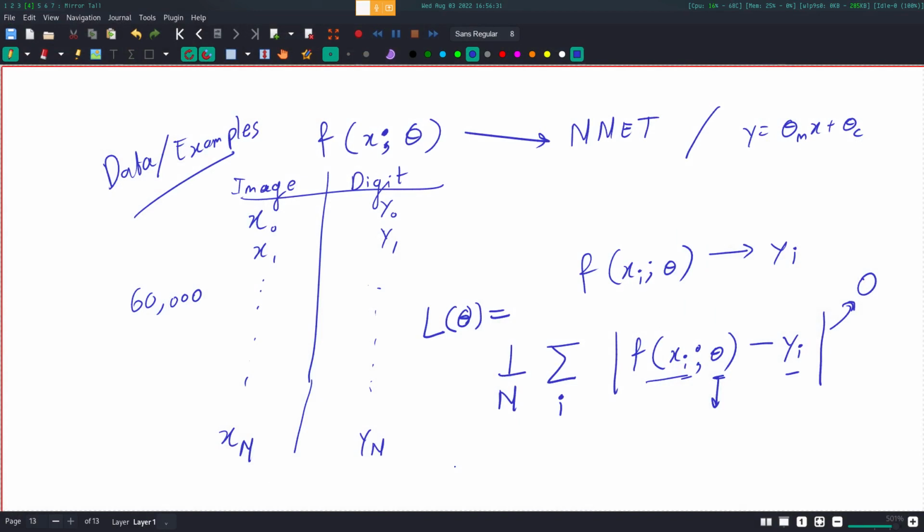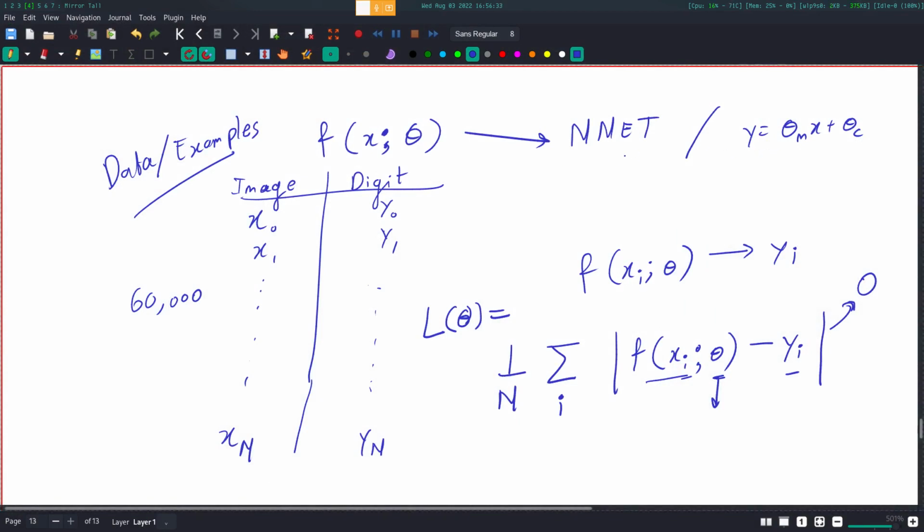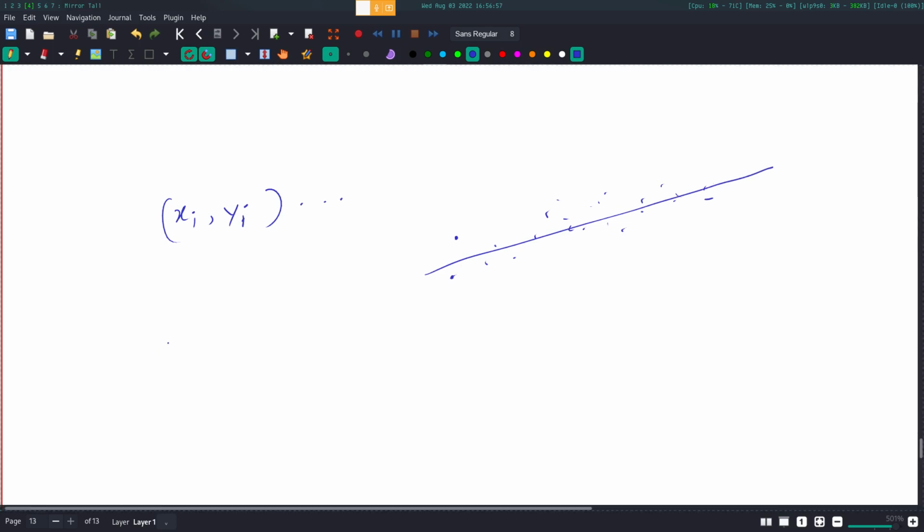Yeah. And theta, if you forget about neural networks and think about just linear things, is just theta m plus theta c. So you think about just fitting a line through a bunch of points. This also fits into the same framework, right? You have a bunch of xi, yi pairs, and you want to fit a line through them. So again the problem is the same. You're trying to find, probably using some mean square error distance,